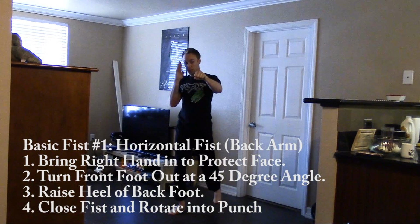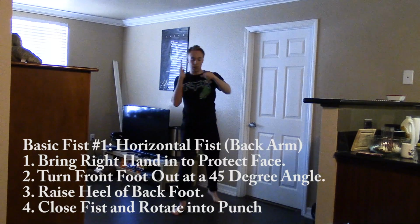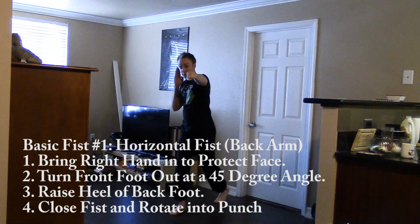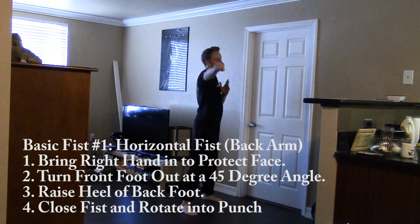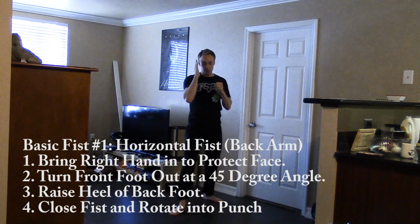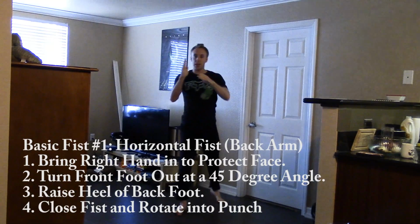I'm going to close this into a fist. And I'm going to extend those knuckles forward. And notice that that hip is rotating all the way out, which is why I'm opening this foot up. So I'm here, here. And that's going to allow me to reach my target in the same way that this kind of torque out is going to allow me to reach my target from this attack position. So from here, hand comes in, form that fist, turn that foot out 45 degrees, pop that heel up, and extend that backhand. So we're here,